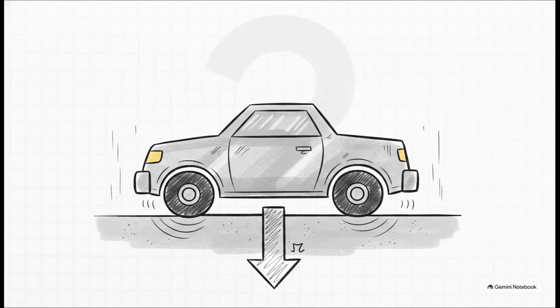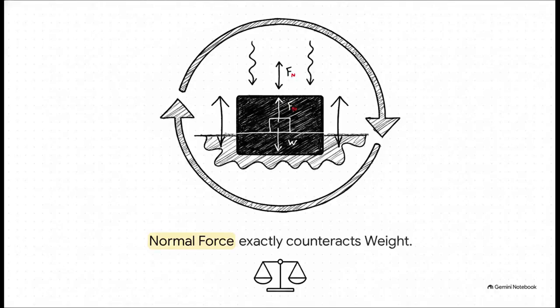All right, one last scenario. Let's say the rope is removed entirely and this heavy metal car is just resting flat on the concrete factory floor. We know it has weight, so what invisible force is keeping it from falling straight through the floor to the center of the earth? The ground is pushing back. It exerts an upward normal force that exactly counteracts the downward weight. The sum of forces in the y direction goes back to equaling zero, bringing us right back to our beautiful starting point,